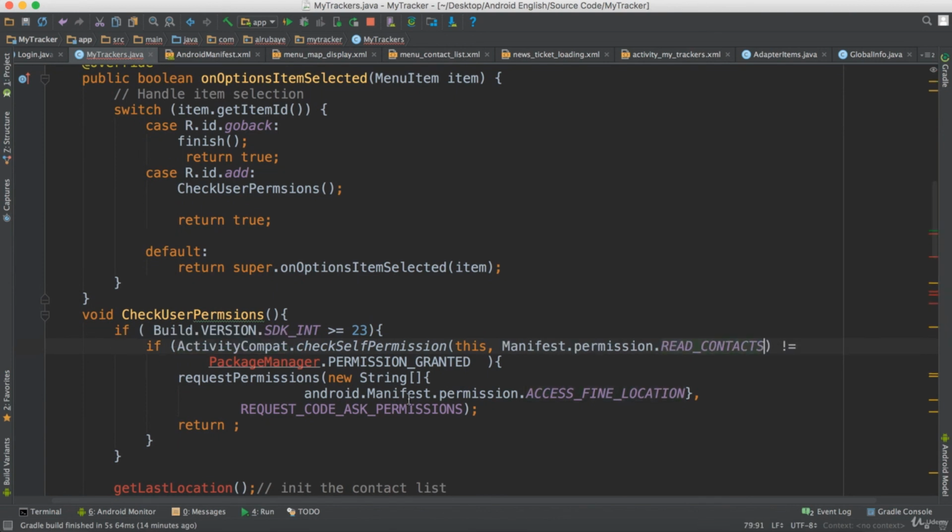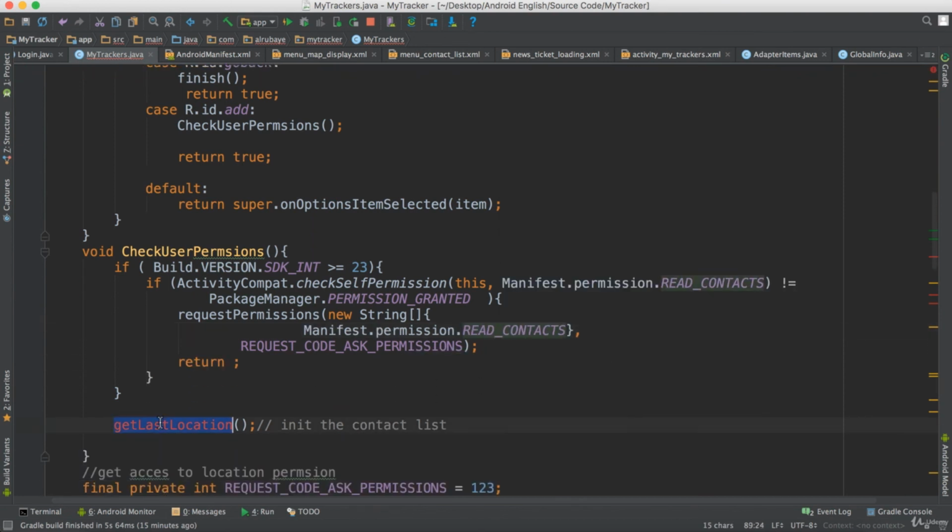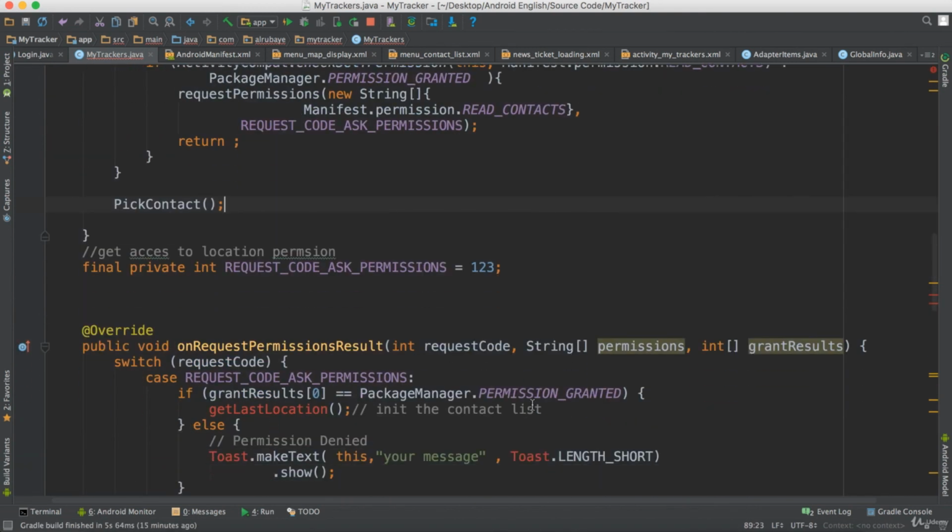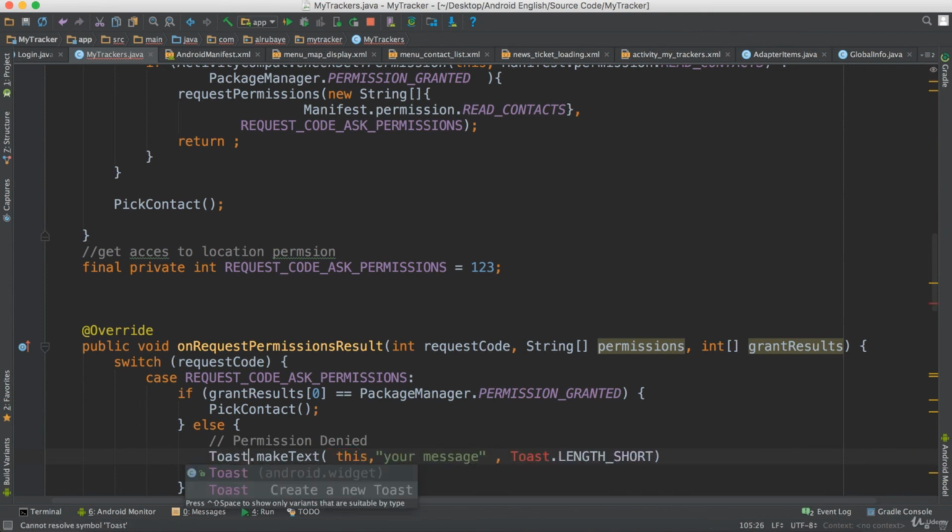If it's not granted, please pop up a menu and ask him for access to read contact. So if he agrees, that's great. If he already granted, load or display the picker for me. If he not, wait for something. If the access is available, read contact. If not, that's great. Now the idea behind this point, now if someone just make sure from the list,